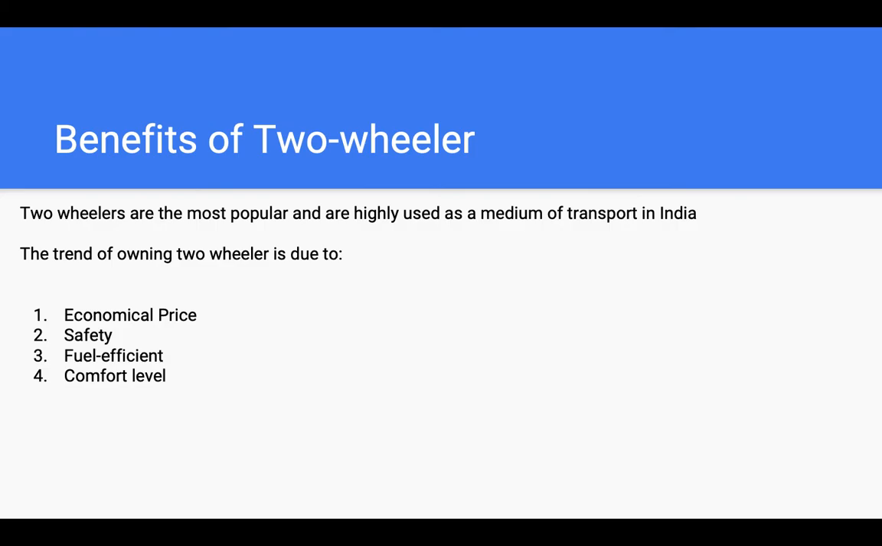Let's discuss some benefits of two-wheelers. Two-wheelers are the most popular and are highly used as a medium of transport in India. The main reason for buying a two-wheeler is that they are economically cheap. For example, you can buy a bike of 45,000 to 70,000, which will have a mileage of 60 to 80 kilometers per liter. So they are fuel efficient also, and there is safety and comfort level